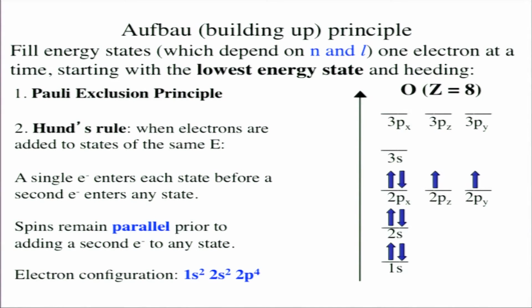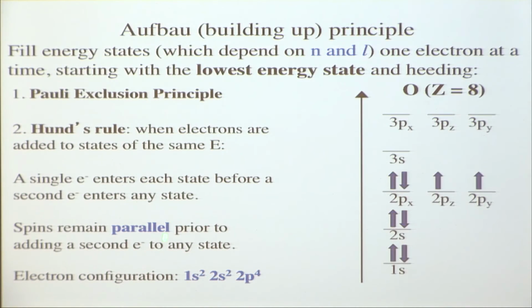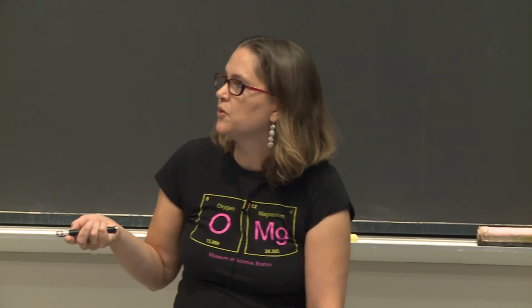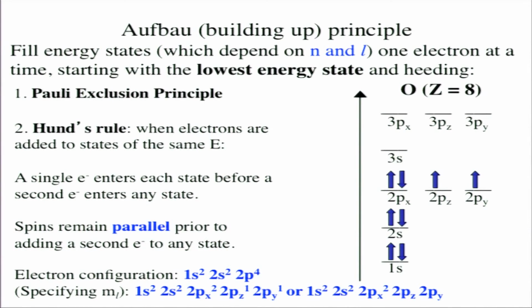So here, we can write it this way. We'll say we have 1s2. There are 2 electrons in the 1s. 2s2, 2 electrons in 2s. And 2p4, we have 4 electrons in the 2p orbitals. And if for some reason the question asks you to specify m sub L, you can